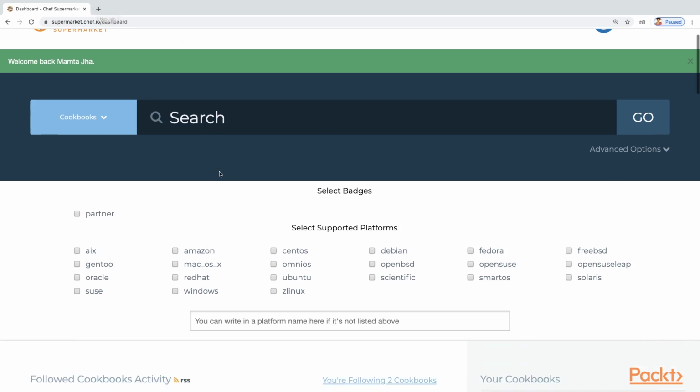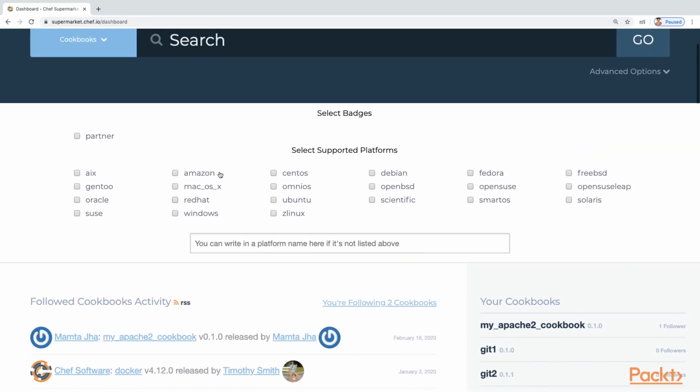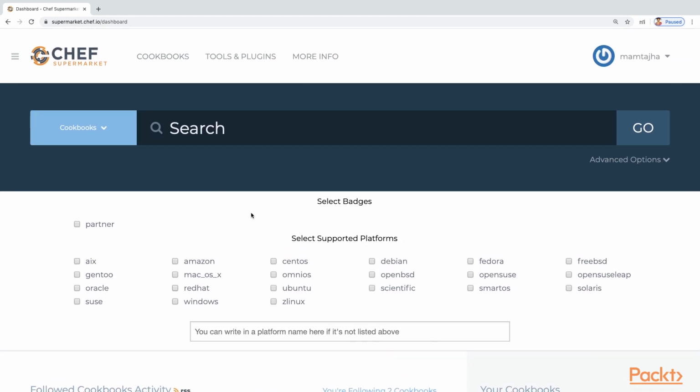If we have accounts from before and you have shared any cookbooks, you can find them below. And you can also search for any community cookbooks using the search bar. When we share our cookbooks in the community, we have to be the author or the maintainer of the cookbook. So for that, I will have to use the Chef user's PEM key file while creating and sharing the cookbook.